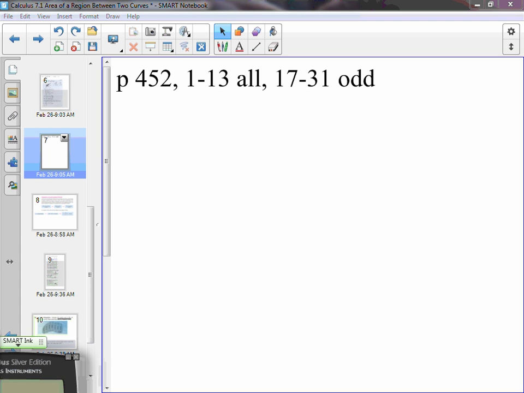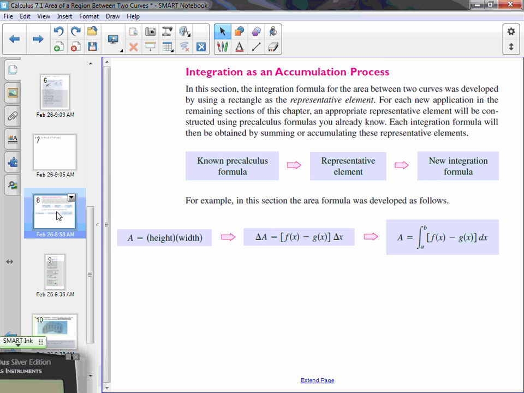Let's take a look at a couple more examples. And before we do the examples, we need to talk about something we've talked about previously, which is using integration to accumulate things. Because if you go back to the definition, remember that the definition of a definite integral is